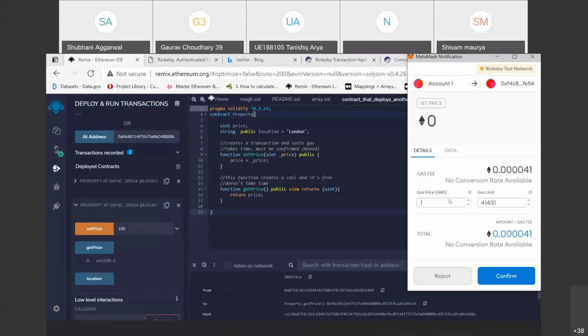Okay, so here is the Rinkeby test network, and you already know about consensus algorithms. The blockchain network uses a consensus algorithm for verification and validation of transactions. So in this Rinkeby test network of MetaMask, it uses the proof of authority consensus mechanism. Do you know about the proof of authority consensus mechanism? What is the working and what is the method of how the proof of authority consensus mechanism works?